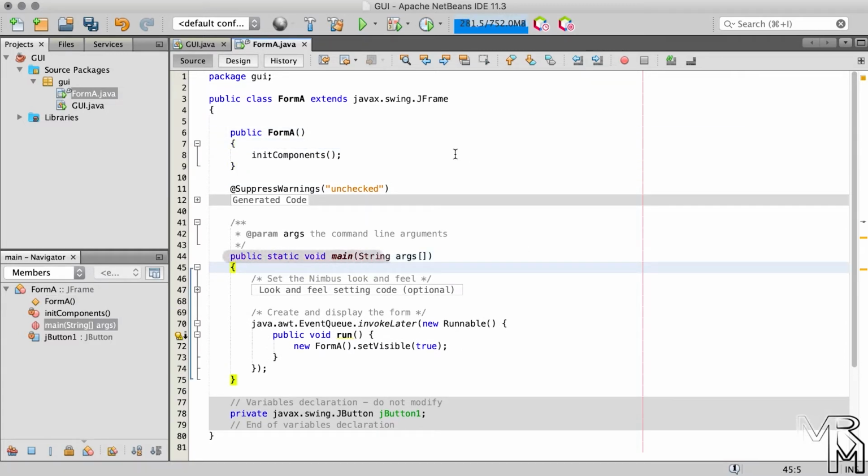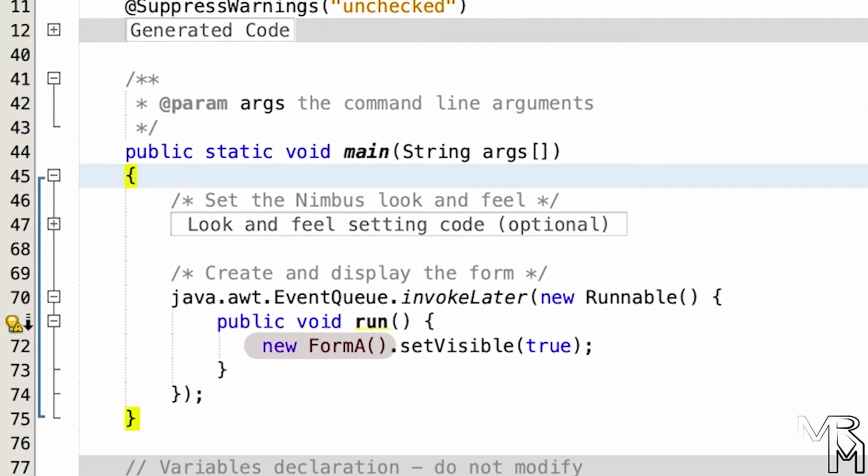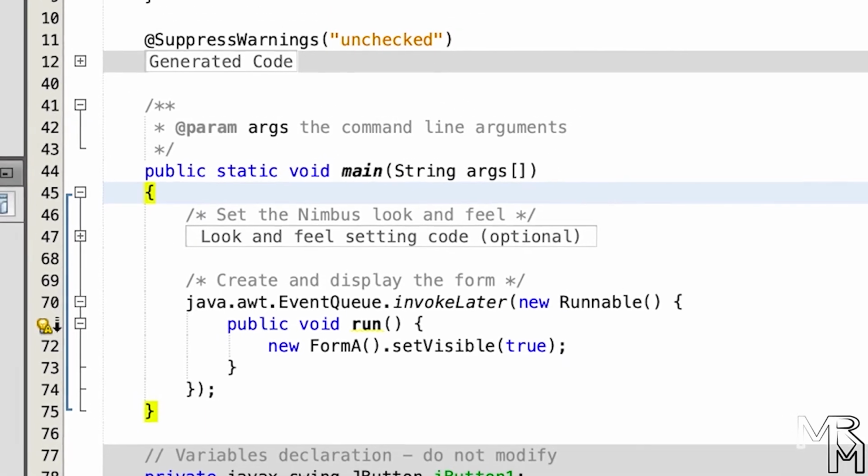We can see a main method, and inside the main method is code that at first might seem completely unfamiliar. But if you look closely, you will see that this line instantiates our Form A class using the new operator. There's also a setVisible method call, and even though we have never used the setVisible method before, we can sort of guess that it makes the form visible. In other words, it makes the form appear on the screen. I'm telling you all this to emphasize again that even though this code looks very unfamiliar, Form A is just